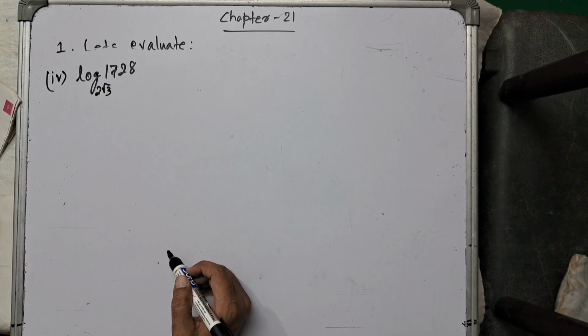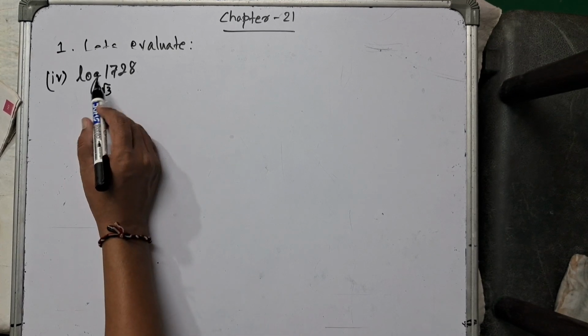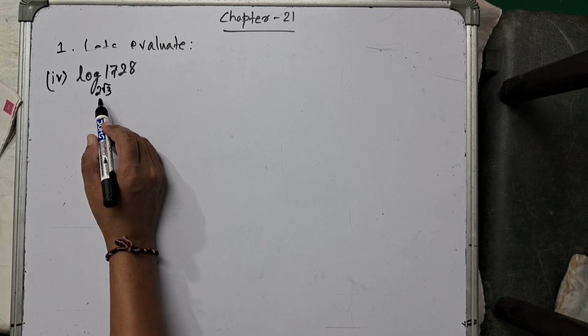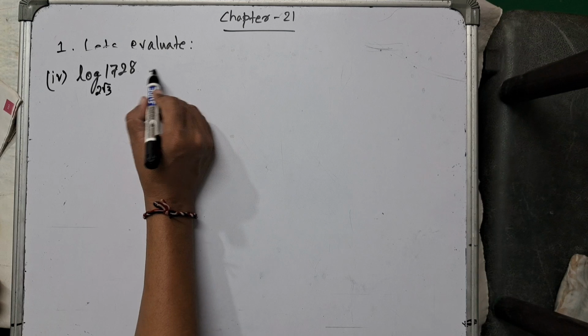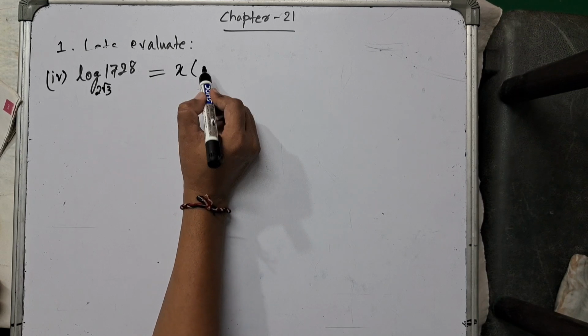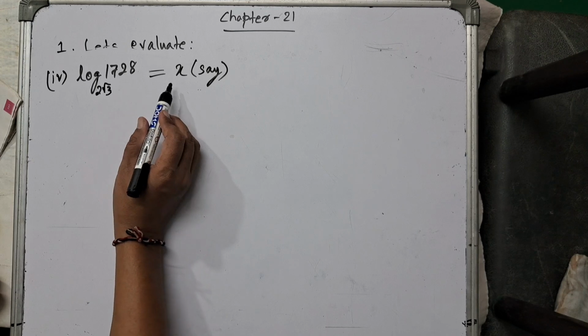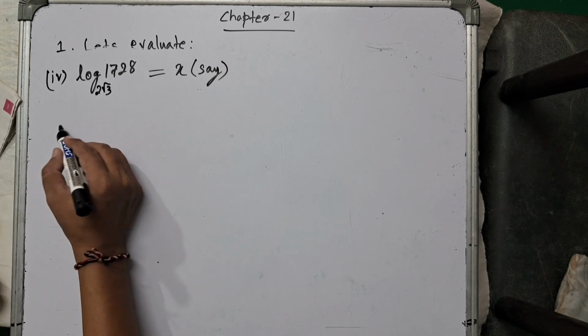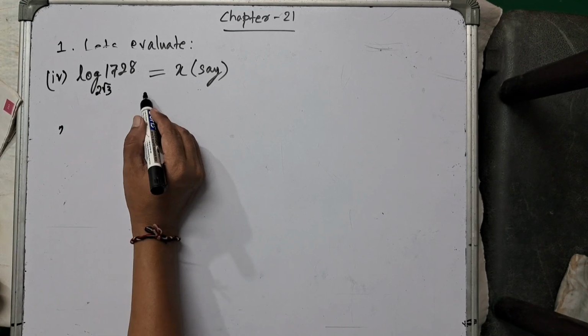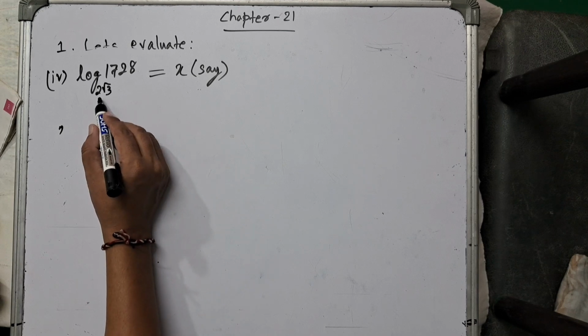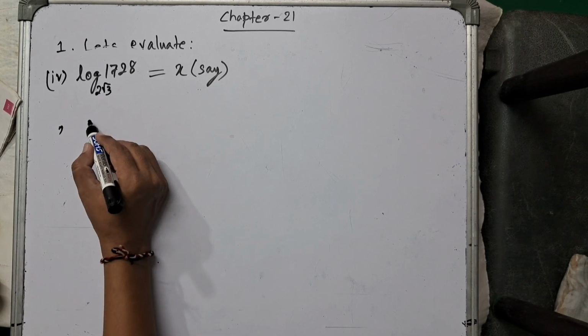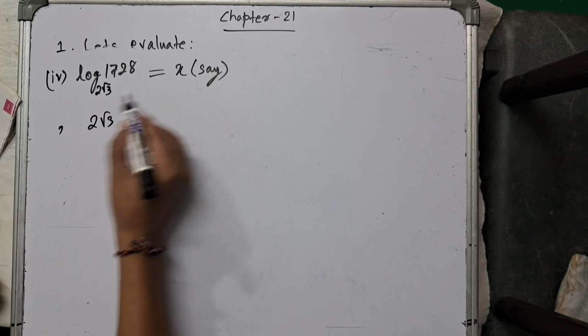This is question number 4 of 1. We are asked to evaluate log 1728 to the base 2 root 3. Okay. So what we do is we suppose this as x. Log 1728 to the base 2 root 3 is equal to x. We are supposing. Okay. Now we convert this logarithmic equation to exponential form. Now the base of the logarithm, 2 root 3, we write here. This x will come here as